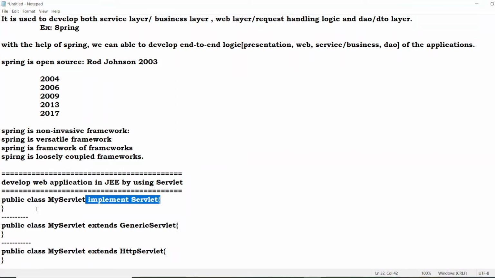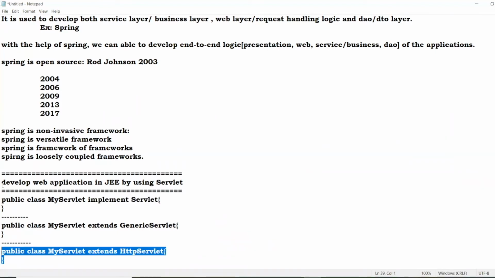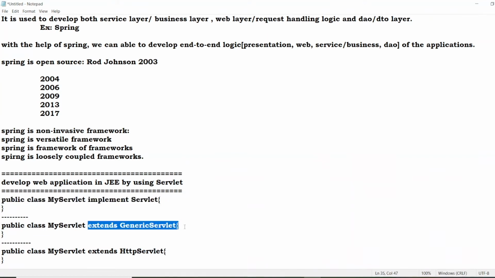Struts is a very outdated concept from a lot of years before, so people don't know Struts. That's why I gave an example related to servlet. If you want to develop a web application using servlet, what type of code are we writing? This code. The programmer must and should write either these two words or these two words. This is called invasive. It must be either extends or implements. If it comes to a non-invasive framework, there is no need to implement or extend. We'll see programmatically in Spring Boot.